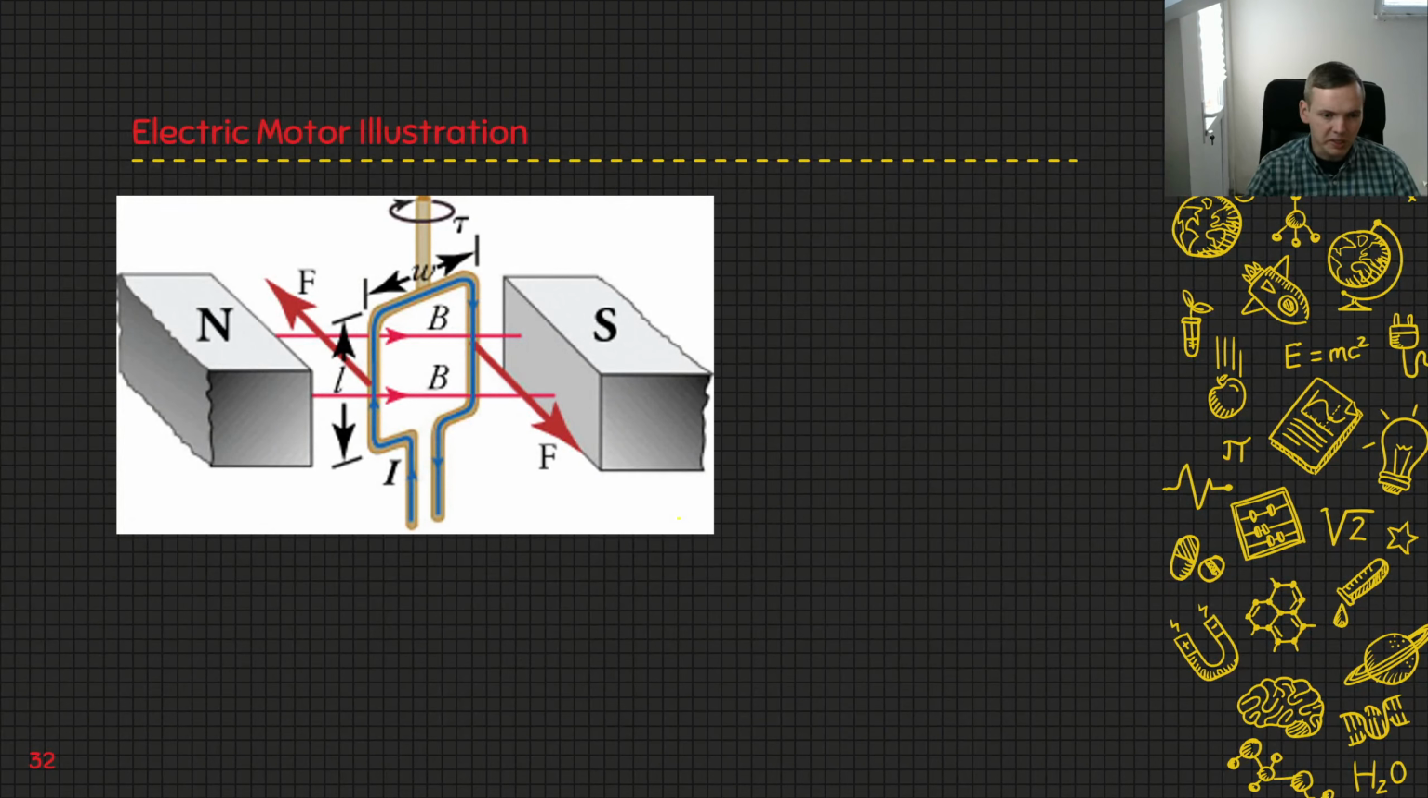So let's look at an illustration here. What I've got here, you can see you've got a coil of wire in the middle, and you've got north and south poles on the sides, so they create a magnetic field that goes through the middle. Now, if you remember from previously, we talked about the force that's exerted on moving charges. Well, if the current is moving up right here, then what happens is